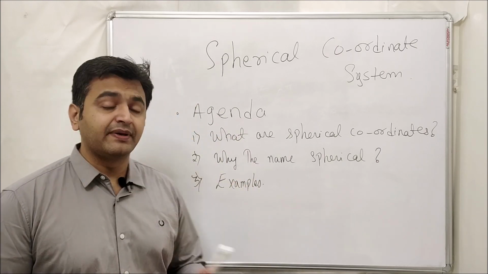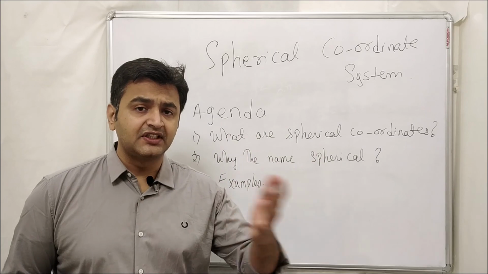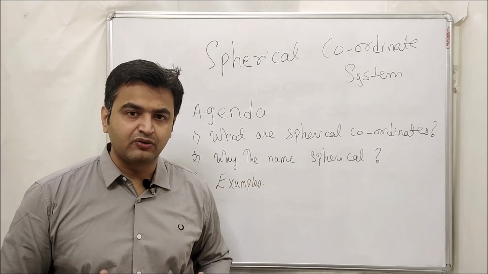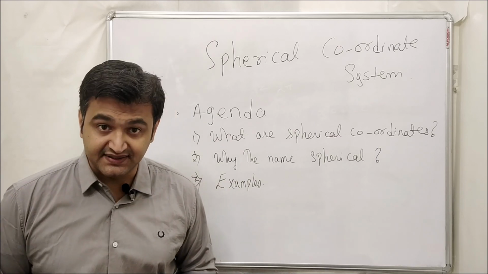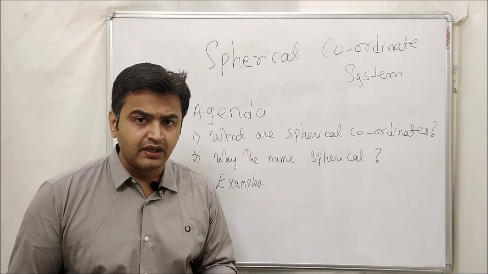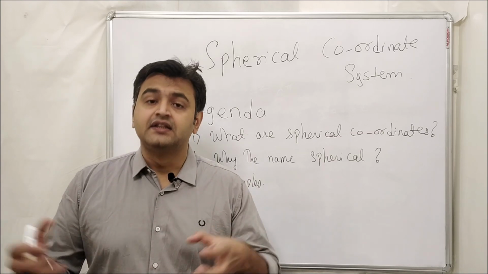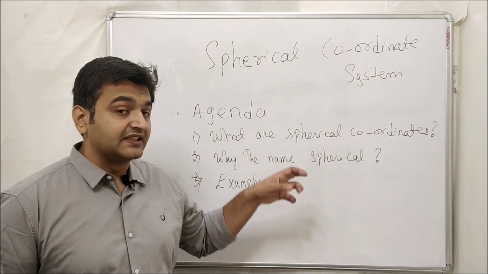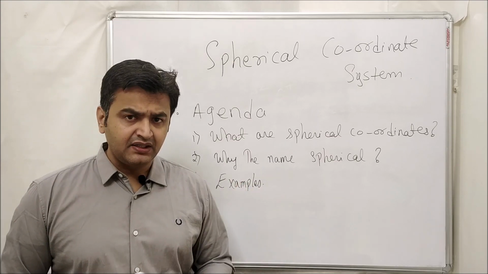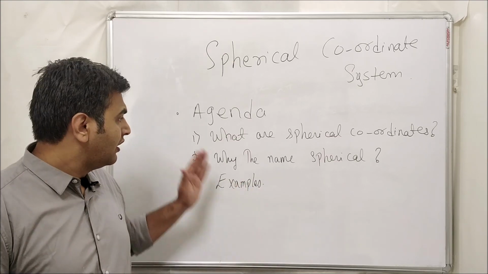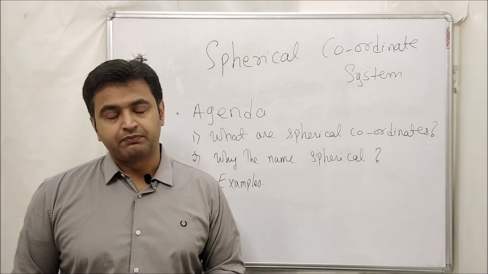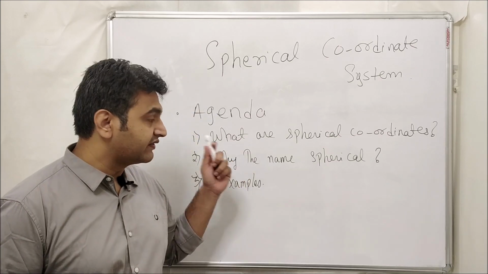We will see what the spherical coordinates are, and we will derive the spherical transformations, because usually when students directly see the formula they get scared: oh, how will I remember this? But don't worry, I will give you a very simple diagram, and if you keep that diagram in mind along with the part on cylindrical coordinates, this too will give you the transformations for the spherical coordinate system. After that we will see why it is called spherical and some nice things one should know when dealing with spherical coordinate systems, and we will conclude by looking at a couple of examples. Okay, so now let's start with the first points.